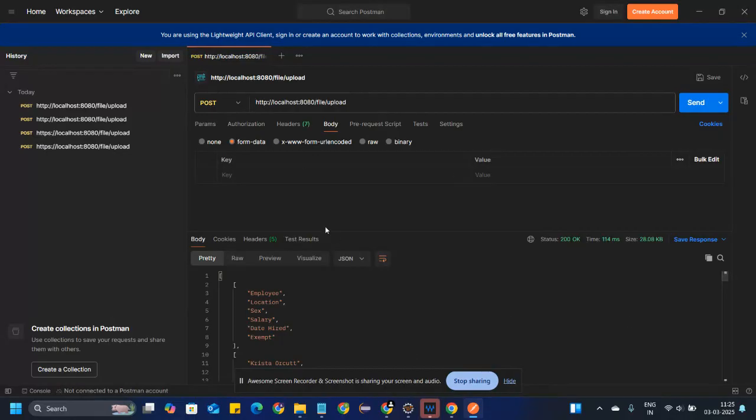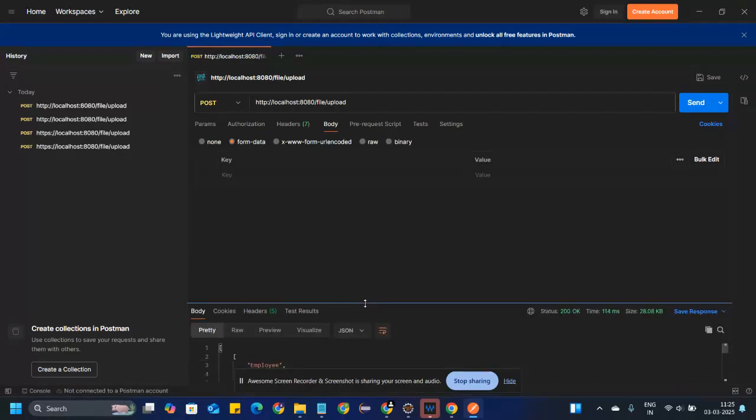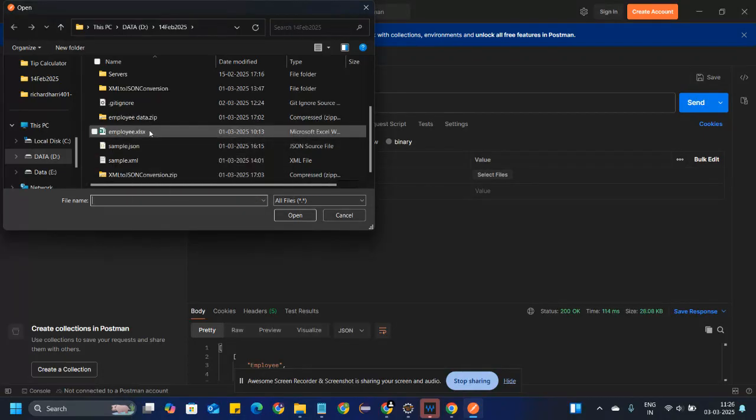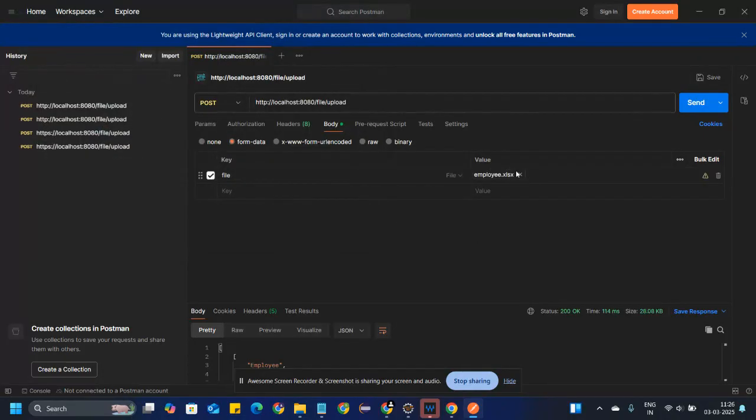Now we write the file key, select the file type, select the file name in Excel, and the start row. We give the key start row and provide the value 0. Now send the request.